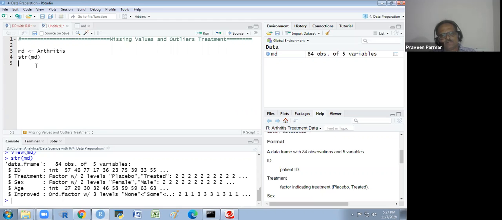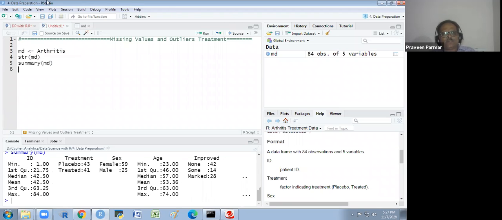And after that, we see the summary of MD. Look here, this is the summary we are getting. This summary is not usable for ID. Treatment has two values, placebo and treated: 43 are given the placebo treatment and 41 the actual treatment.